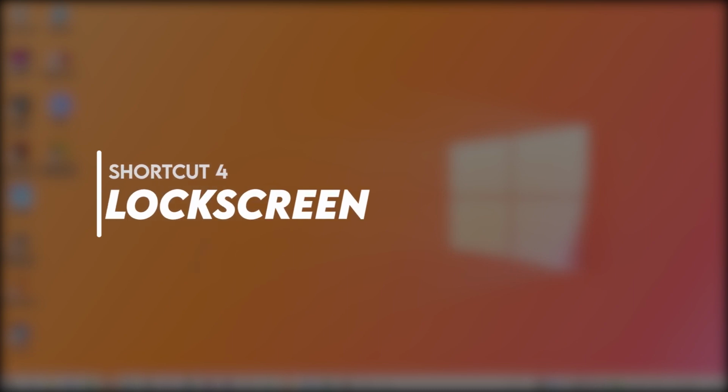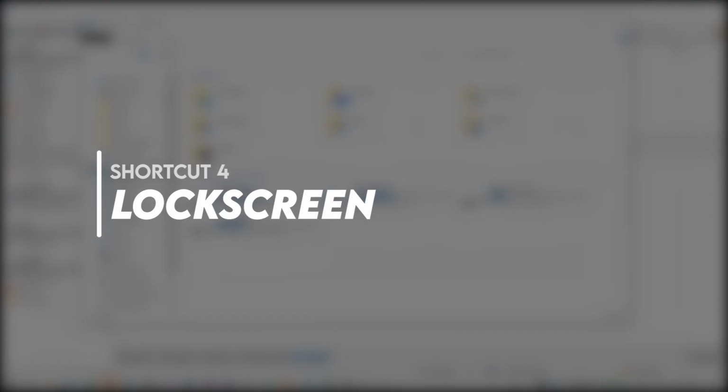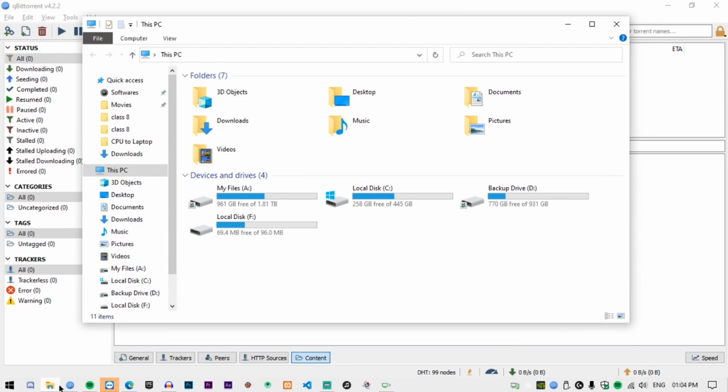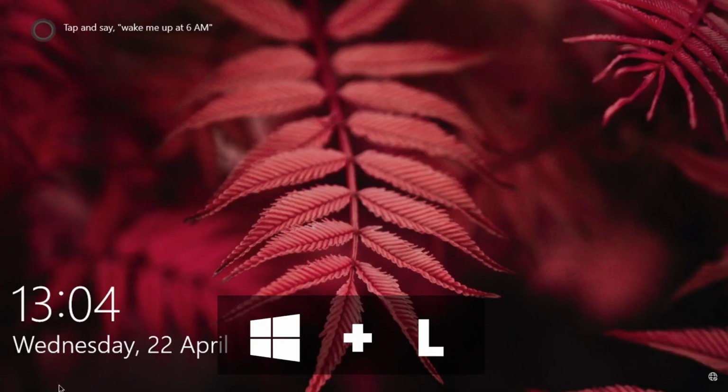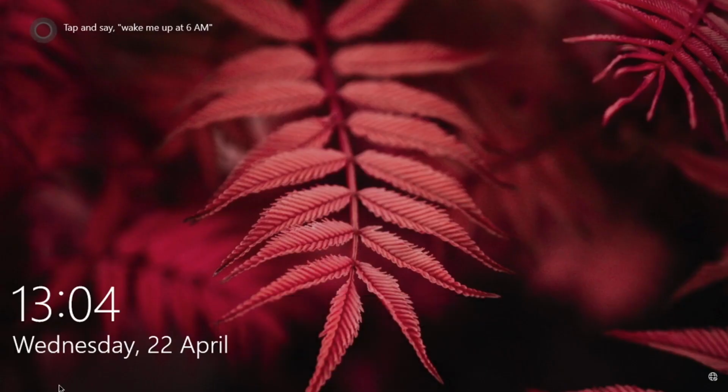The fourth one would be pretty useful for people who often leave their systems behind, but this might be really unsafe if there are people around your PC. All you have to do is press Windows L, which locks your system entirely and